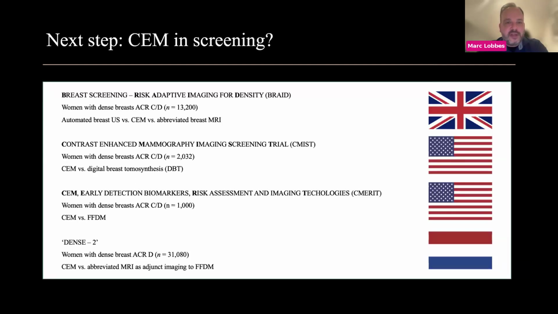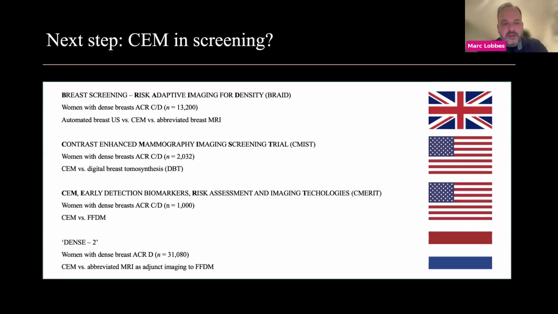There's one UK trial, the BRAID trial, which compares dense breast with automated breast ultrasound and abbreviated breast MRI. There are 2 studies from the United States being planned or even currently under recruitment. And we ourselves, the group that worked on the DENSE trial using MRI in women with dense breast tissue,